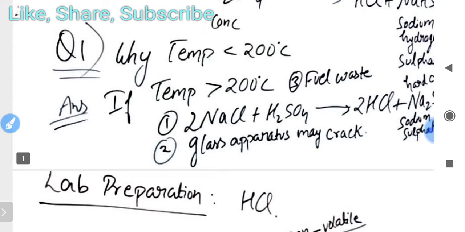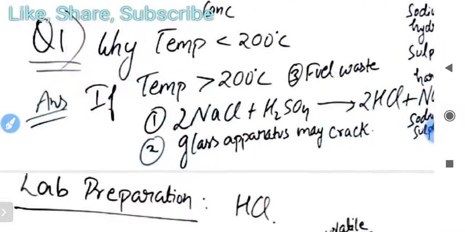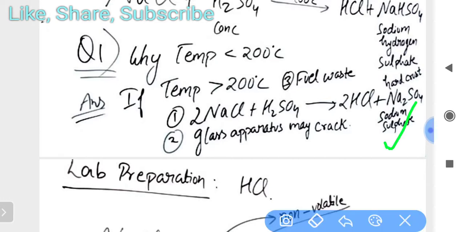If the temperature is above 200, the whole reaction will be changed. 2NaCl plus H2SO4 gives 2HCl, and a different compound is formed, which is sodium sulfate, instead of sodium hydrogen sulfate. So the opposite reaction will occur, and this sodium sulfate compound sticks to the